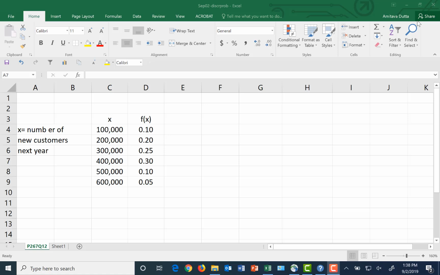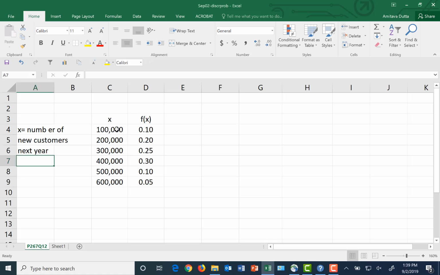You'll find it in the narrative just preceding the table in the problem. These numbers in column C, X, are the number of new customers that a particular cable company is expecting to attract in the following year. There is some uncertainty as to how many new customers it might get the following year. So just as a rough estimate, they're saying maybe we will get